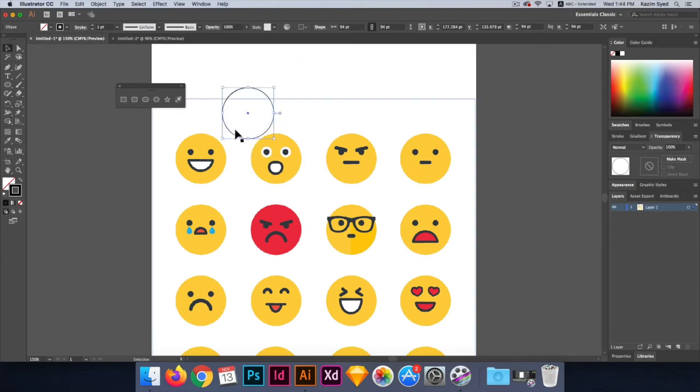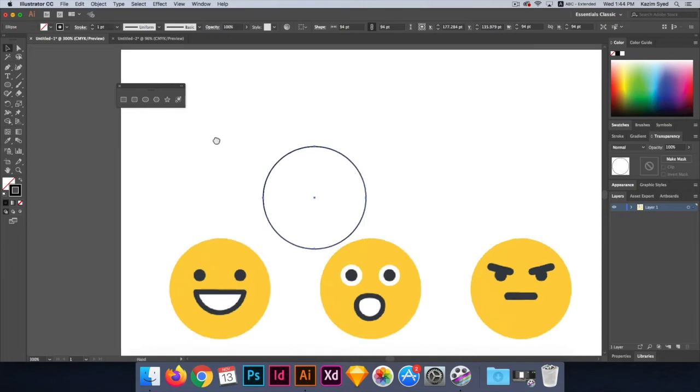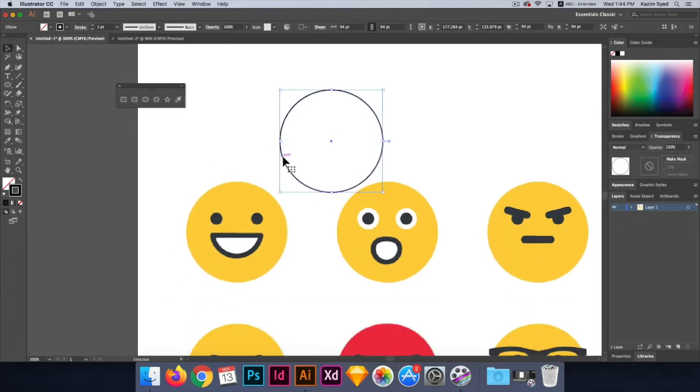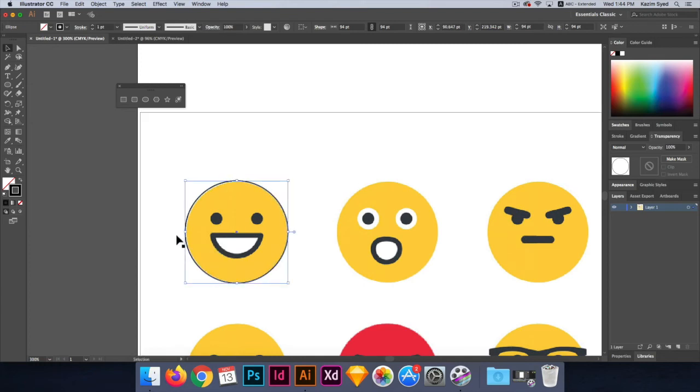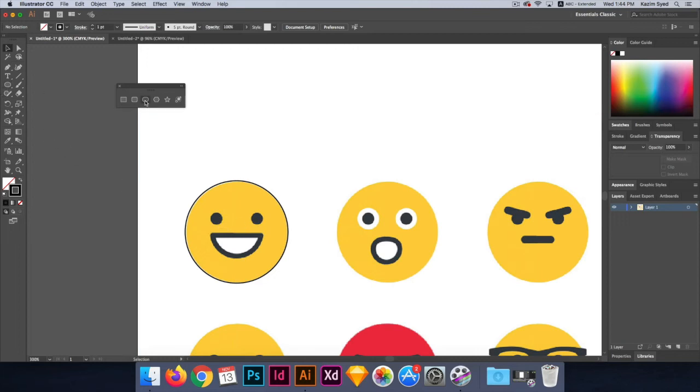Once that is done, you can also zoom in by pressing Command plus, so you'll be able to see more clearly how we are making this icon. I'll just place it on top of it here. So now we have the outer part. Now we'll create these eyes. Again, grab your ellipse tool. While holding down Shift, click and drag,